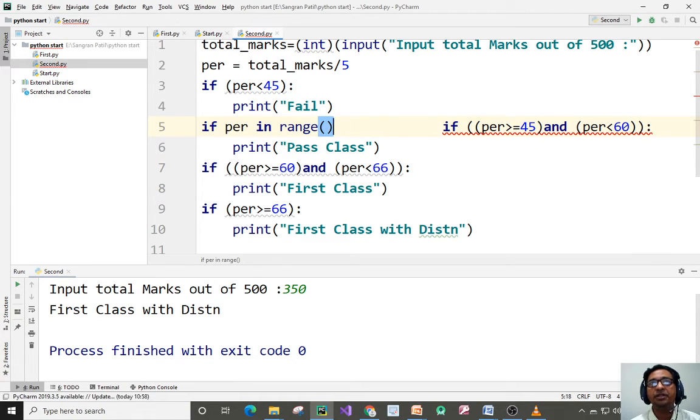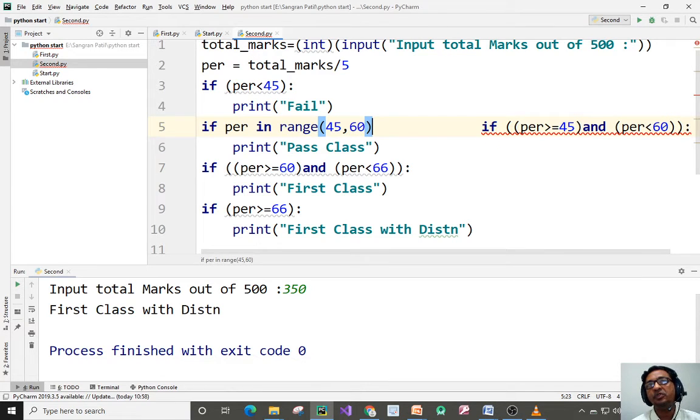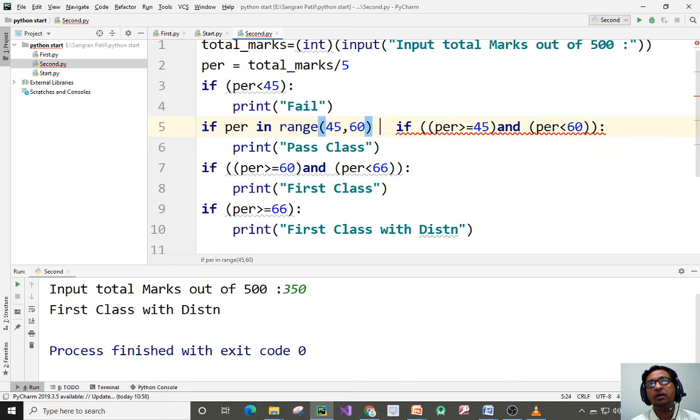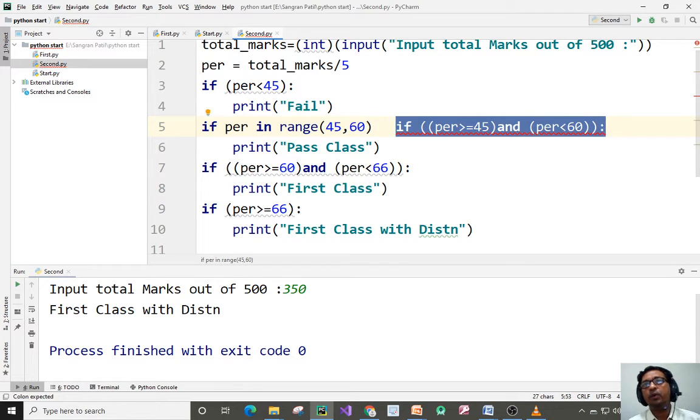So range 45 comma 60. If you check this, greater than or equal to 45 and less than 60, that means it will start from 45 and it will go up to 59. So that I am using as a range, 45 to 60.